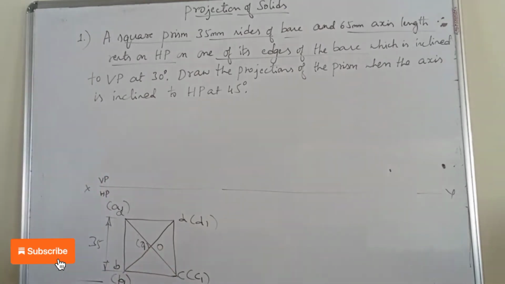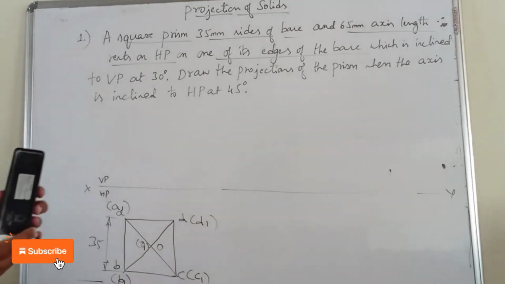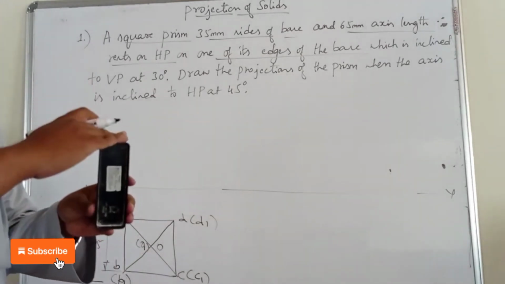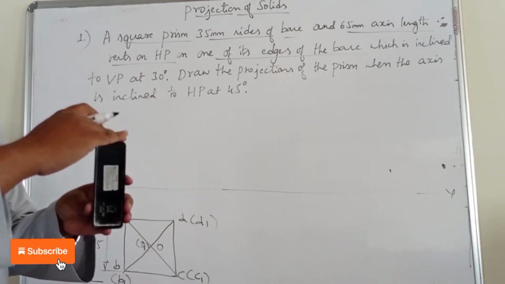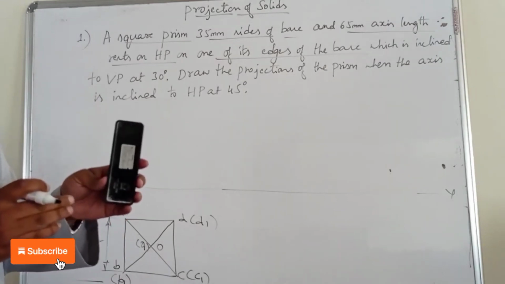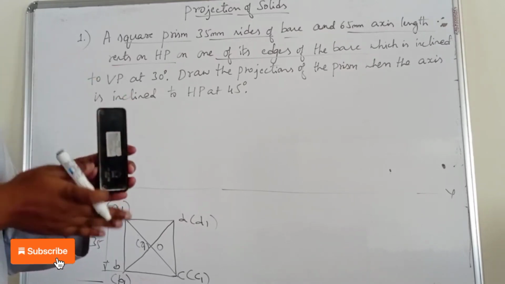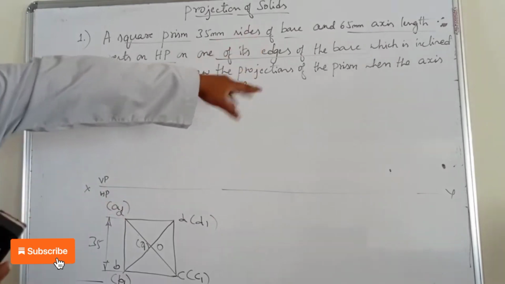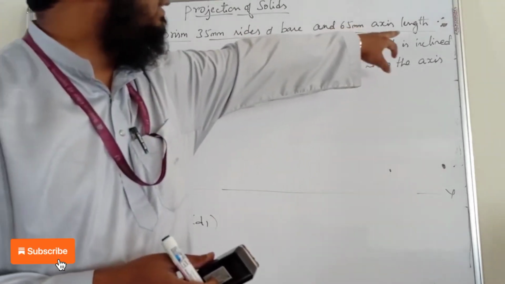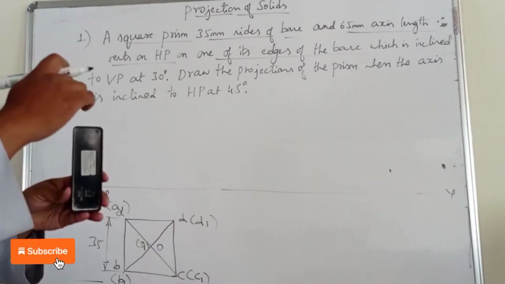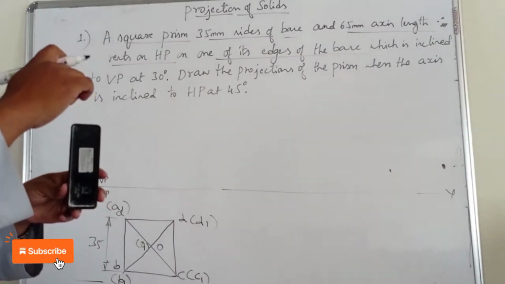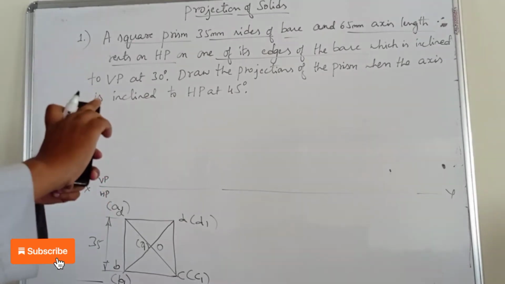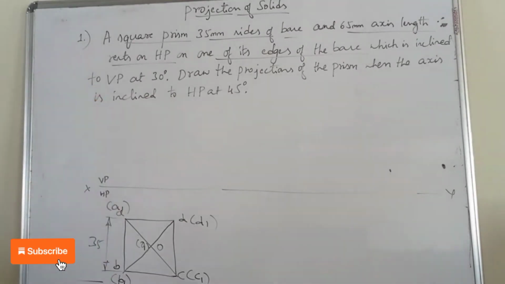Now we know that we have to draw the front view. If you consider this as your square prism, we have drawn the top view of it with the two faces. When we are looking in the front view, we will get a rectangular face here. For that rectangular face, they have not mentioned anything. Instead, they will be mentioning a 65 mm axis length. Using the 65 mm axis length, we can draw the front view. We know that the axis connecting the top face and the bottom face has an axis length of 65. So by projecting,